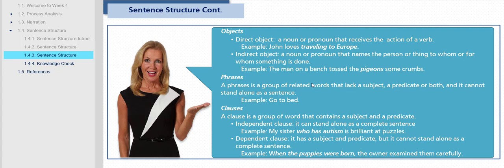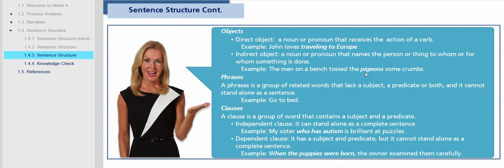An indirect object, a noun or pronoun that names the person or thing to whom or for whom something is done. So the man on a bench tossed the pigeons some crumbs. And so here, the man on the bench tossed, or you could say the man on the bench tossed some crumbs to the pigeons. And so the pigeons, in correct English, does not come directly after the verb. That's why it's called an indirect